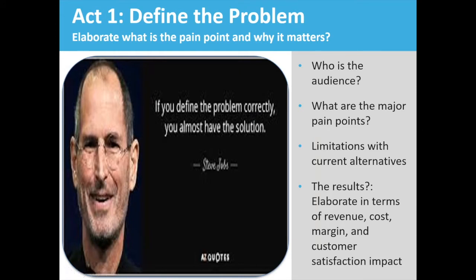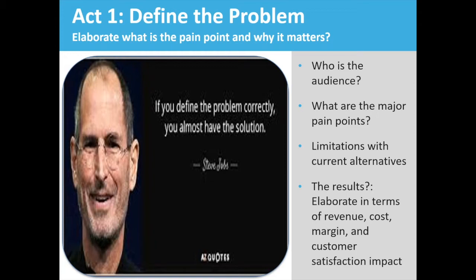All right. So Act 1 in the perfect pitch is defining the problem. And by defining the problem, you are defining who the villain is. Keep in mind that you want to pitch your problem to the right audience. The problem you're describing needs to appeal to a particular audience. When you're pitching to the VCs, obviously, assuming that you've done your homework about pitching to the right VCs, that's taken care of. But when you pitch this to a potential customer, you need to make sure that this is a problem that speaks to them.